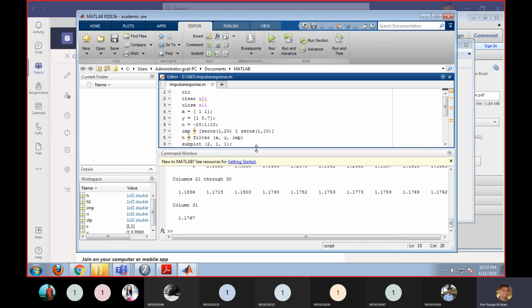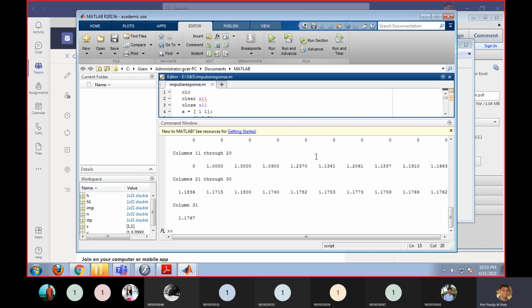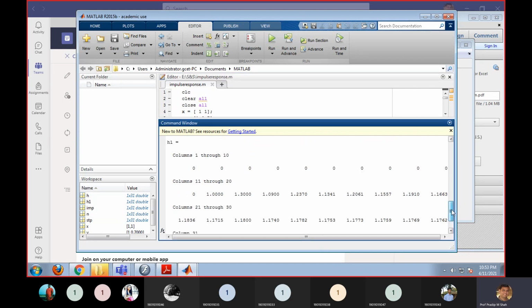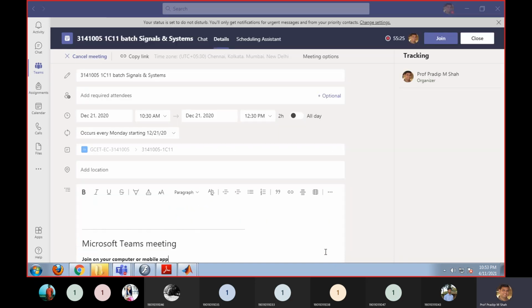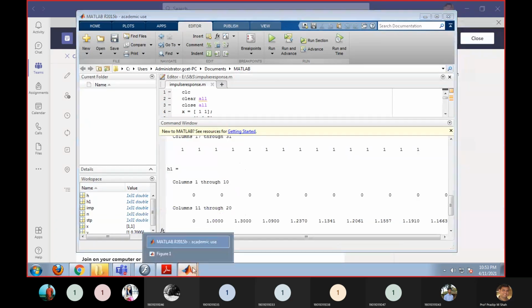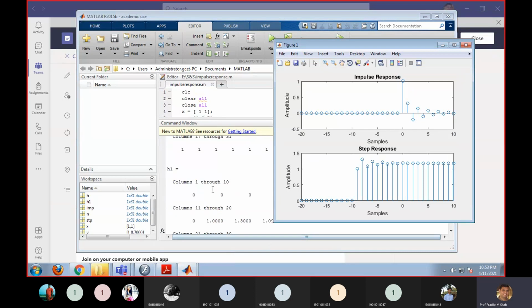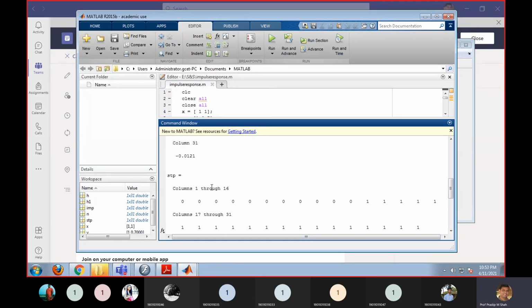You need to just stretch this out. Now you can see the values on the command prompt also.